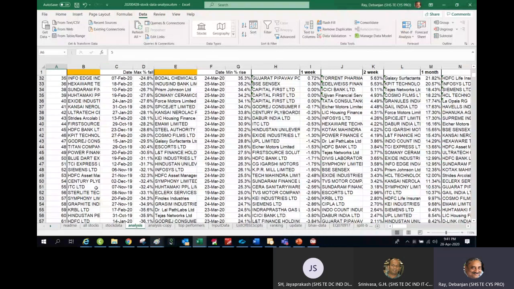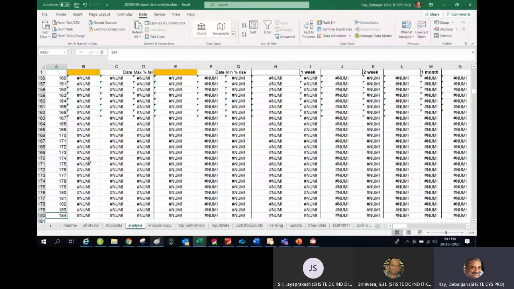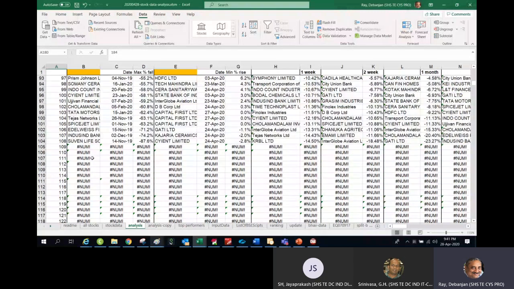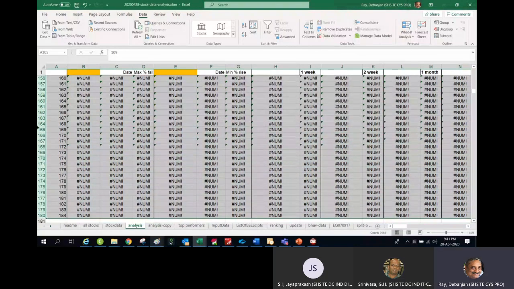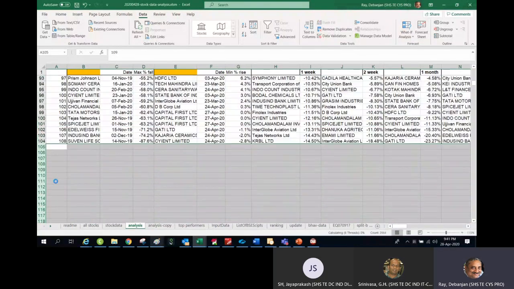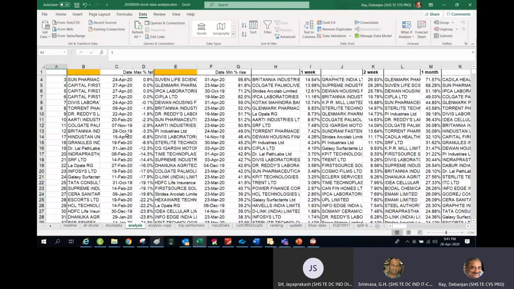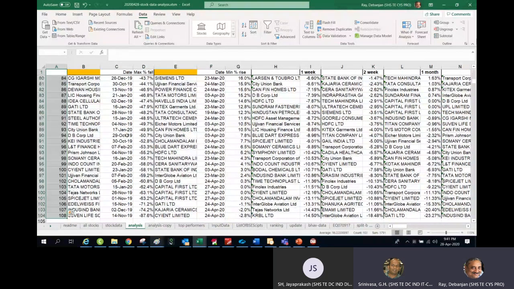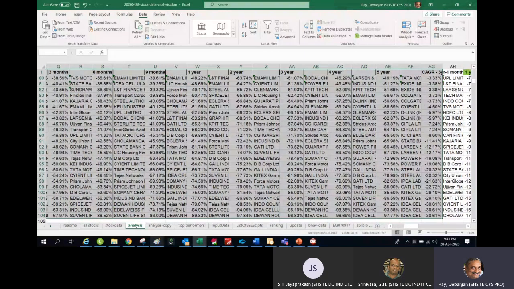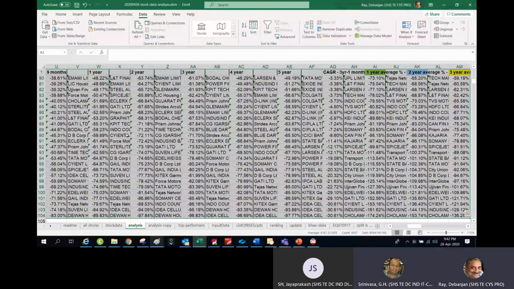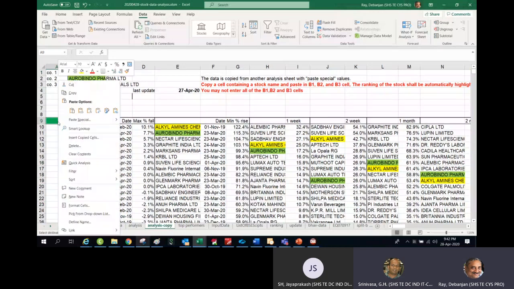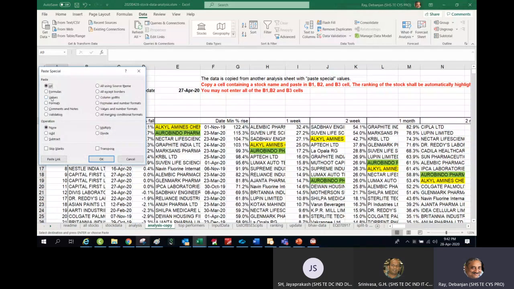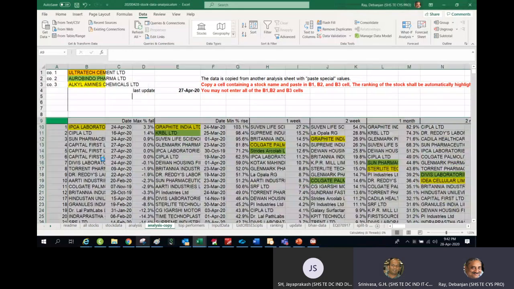Now see, what is the total number of stocks? Because this data, as you can see, I've deleted. That's why. So now I delete this data, there is no more required. I go here, I copy, I do the same thing, I go here and paste.